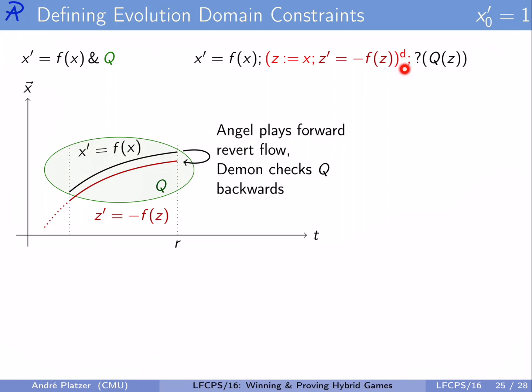So under Daemon's control, Angel went forward, right, but Daemon is going backwards. And then if at the end of that the test fails for the copy Z, well, then I guess Angel lost. So Angel plays forward, we revert the flow, and then Daemon checks Q backwards. That's actually not quite working out, because if not Q is true down here, then Angel would fail her test, but it wasn't really her fault, because